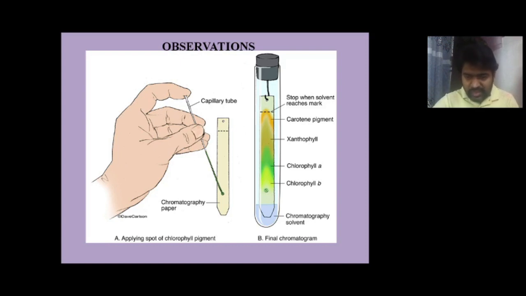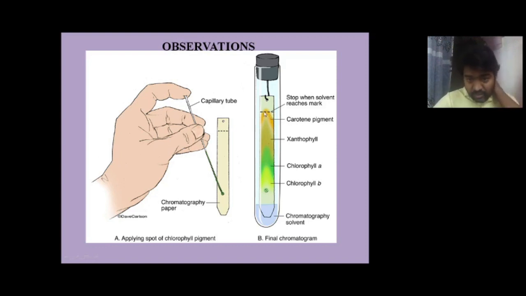Those with higher molecular weight run very little and appear very close to the loaded spot. In the same way, those with very low molecular weight move very fast and a large distance, and that's why they appear at the extreme end,